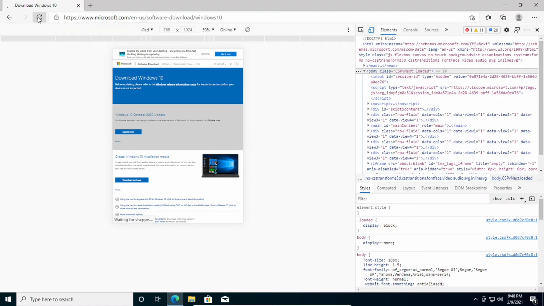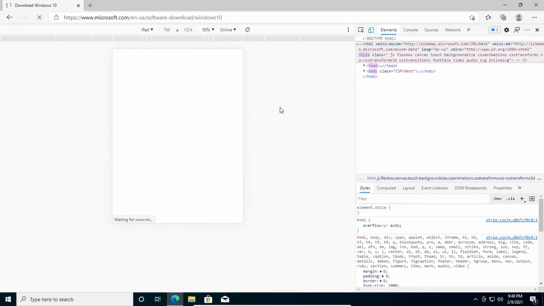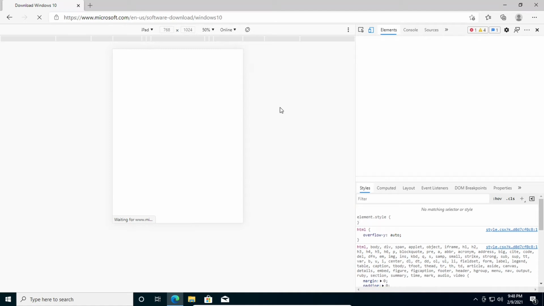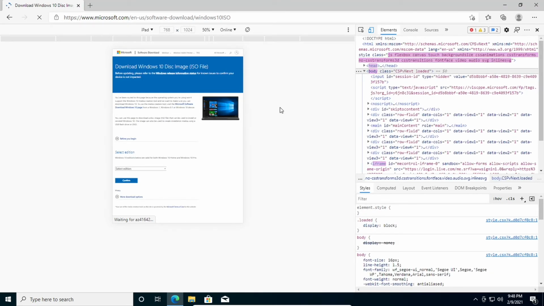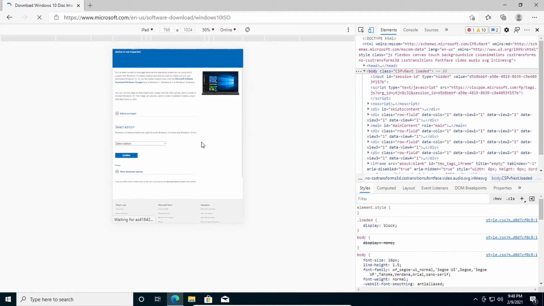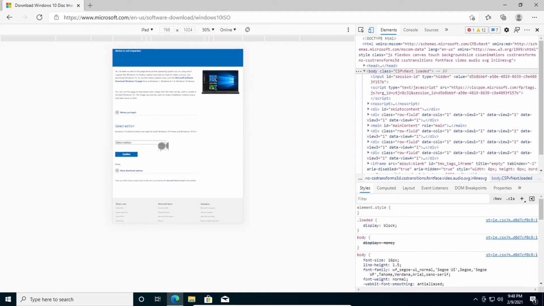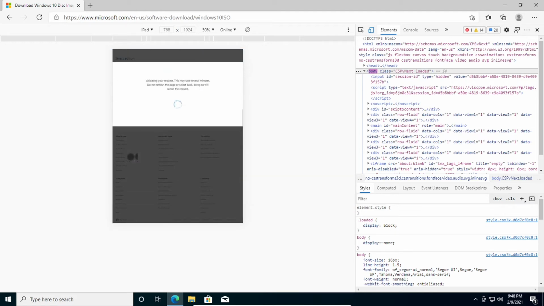and then we're going to refresh the page here. And because it's not a desktop browser, it can't run the Windows installation media, so it gives you the ability to just directly download the ISO, and you can still click on the page. So we're going to go ahead and click the page here, and then click confirm,